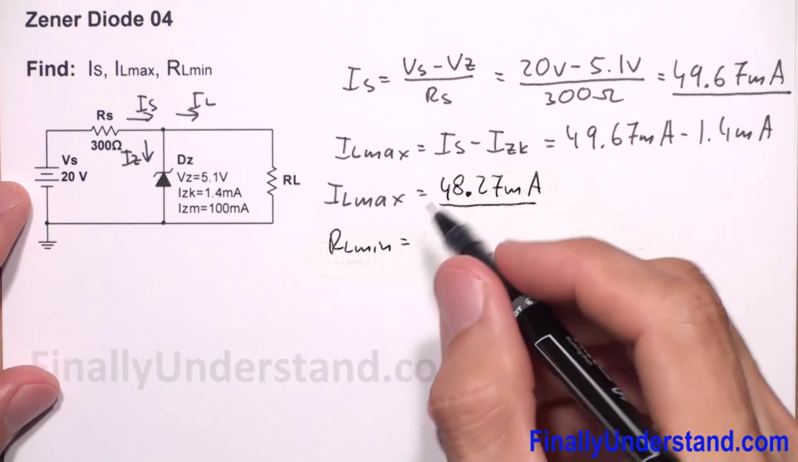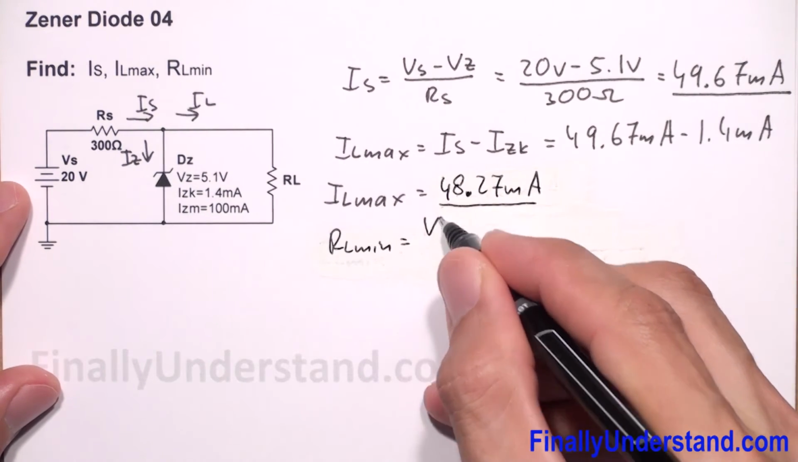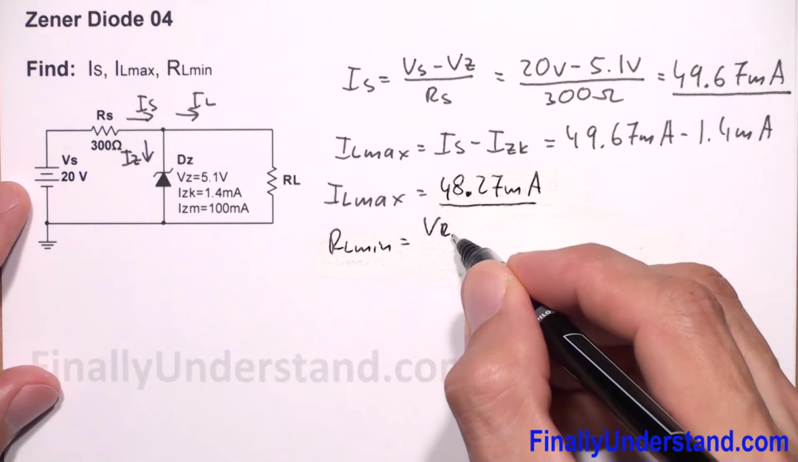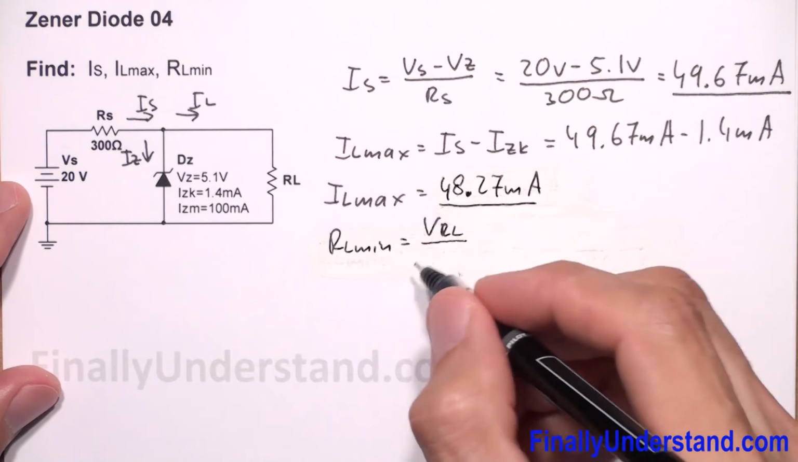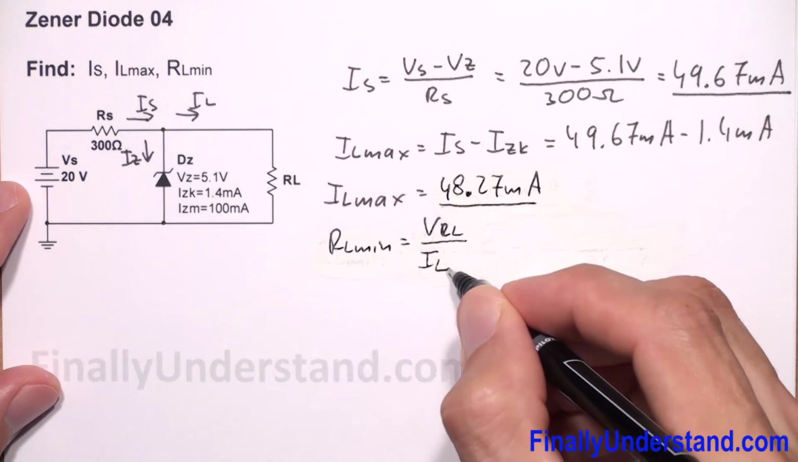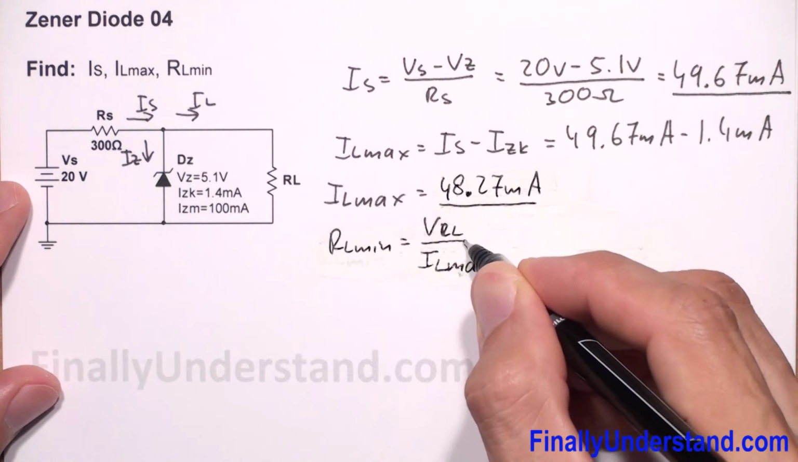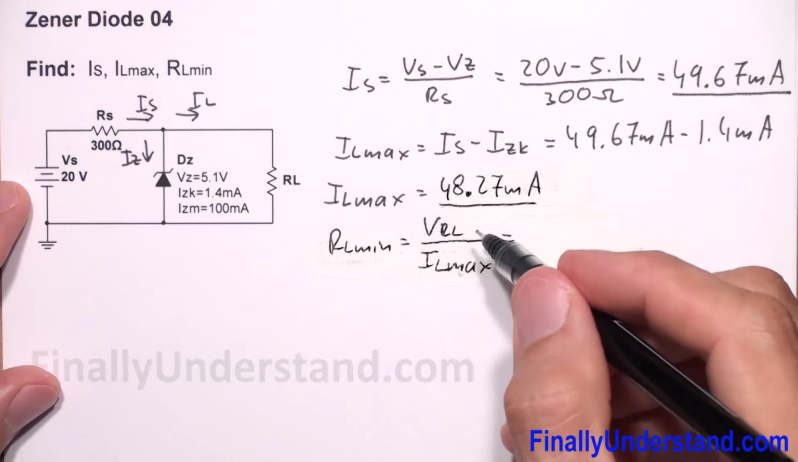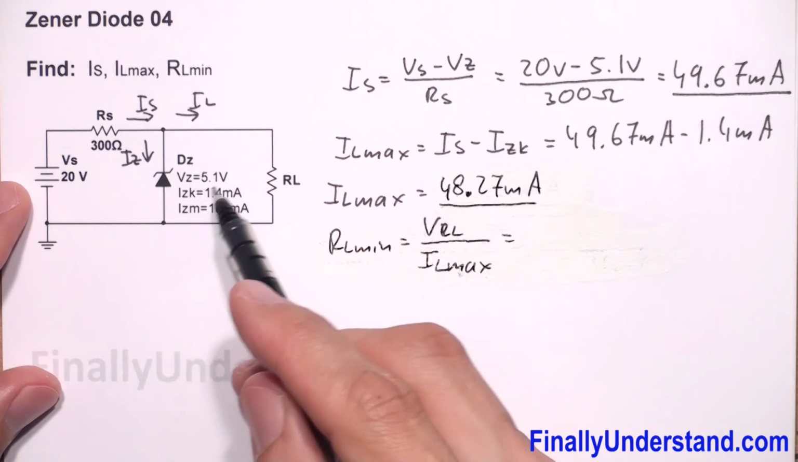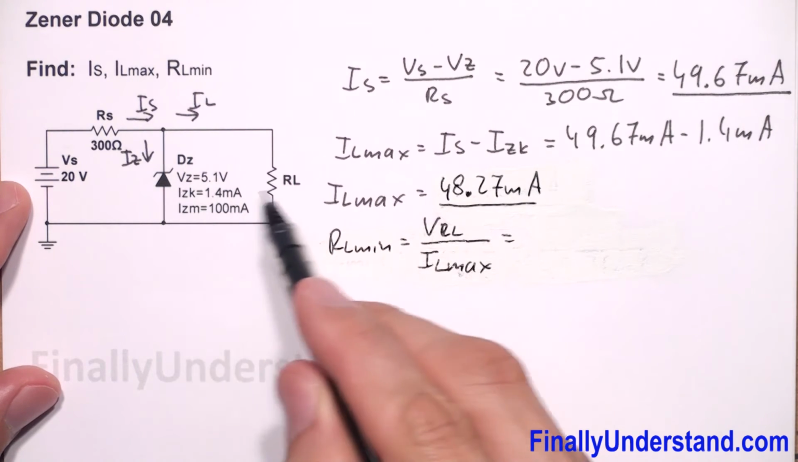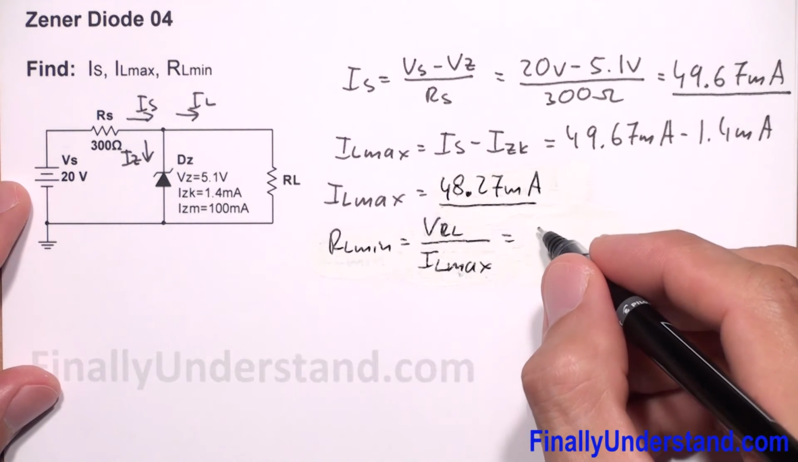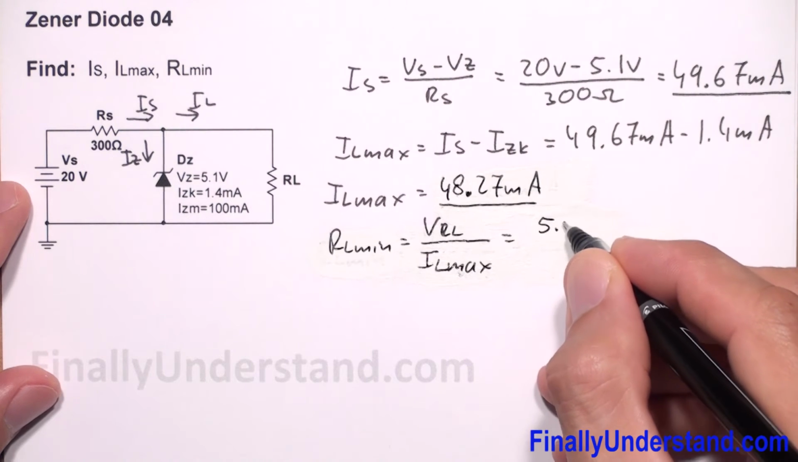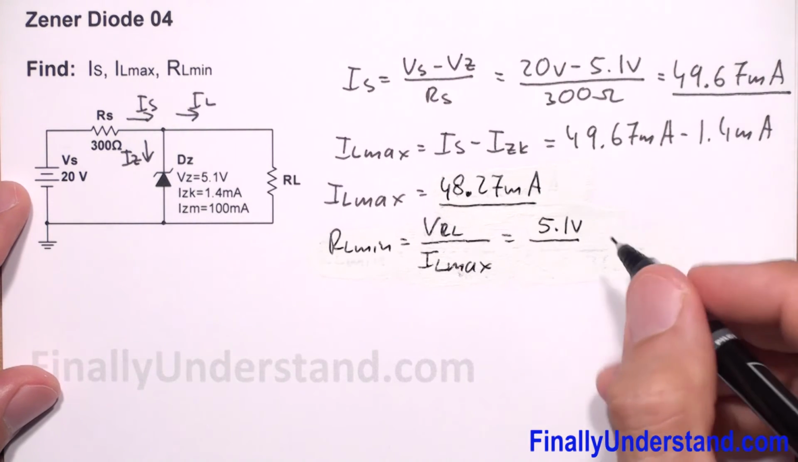Okay, RL minimum is simply the voltage VRL divided by ILmax. Okay, so this is the formula where VRL is equal to VZ. Why? Because these two components are in parallel. That's why I'm going to write over here 5.1 volts divided by